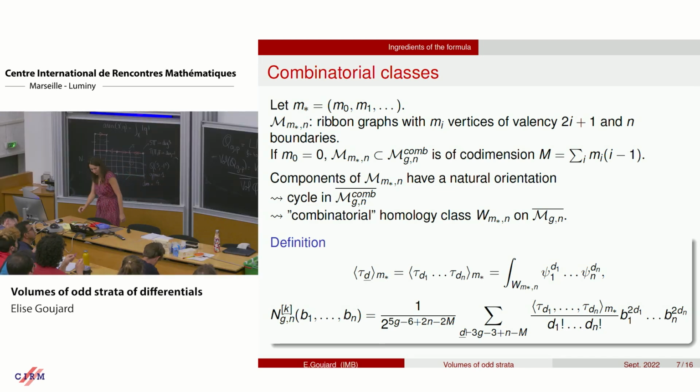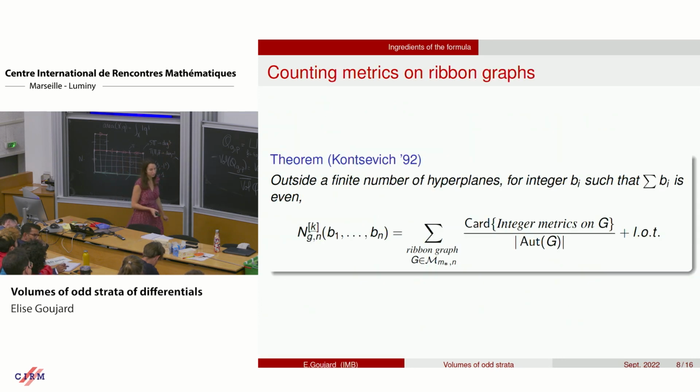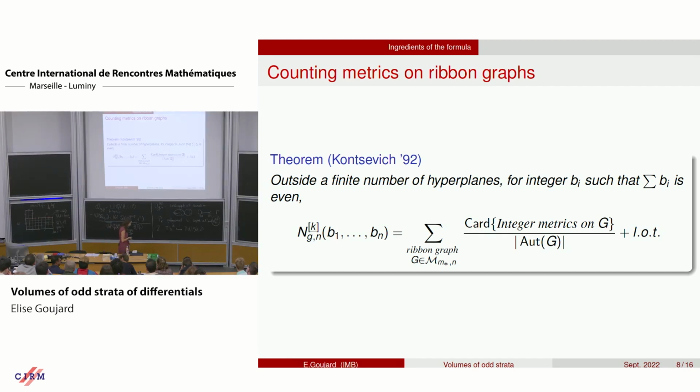Okay, a long definition, but what is the interest of this polynomial? It's this result of Kontsevich. This polynomial counts integer metrics on the ribbon graphs that you are interested in. If I want to be more precise, sorry,